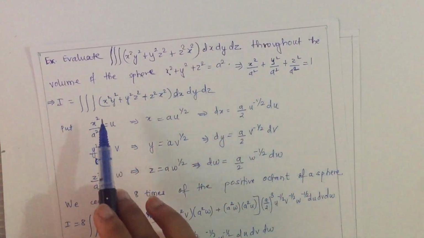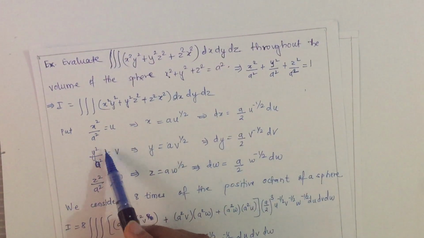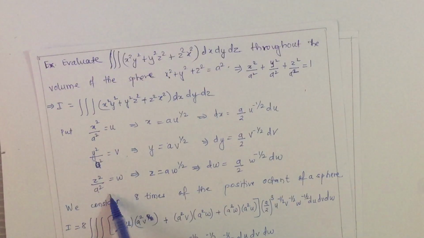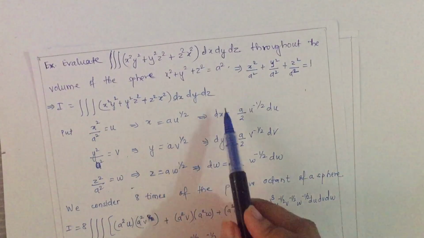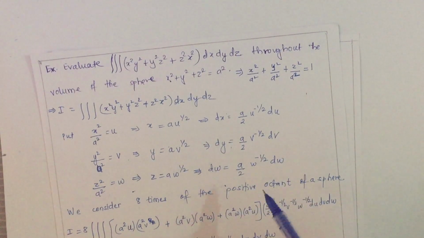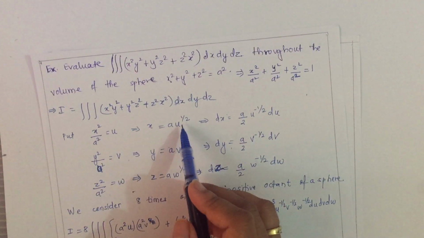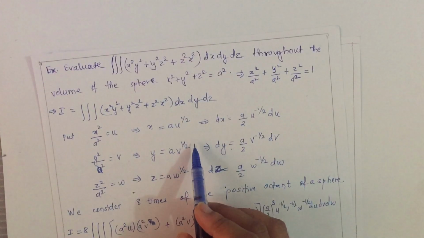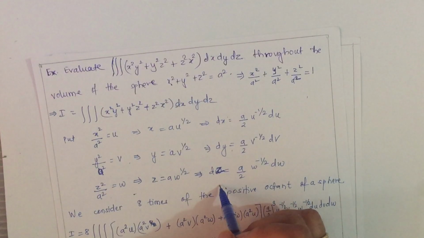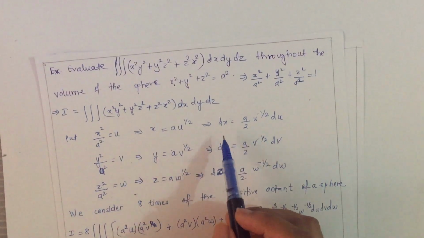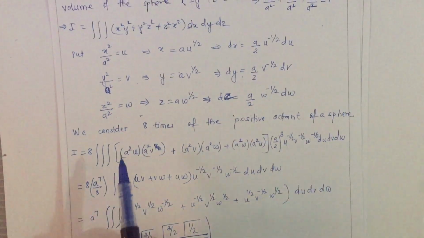So what I do now, I make a substitution to each of these terms. I substitute x square upon a square as u, y square upon a square as v, and z square upon a square as w. So from these separate terms I will get x, y, z and dx, dy, dz values. So x is a into u to the power half, y is a into v to the power half, and z is a into w to the power half. Simultaneously we get dx, dy, dz. So now we will substitute this in the given integral. So this becomes